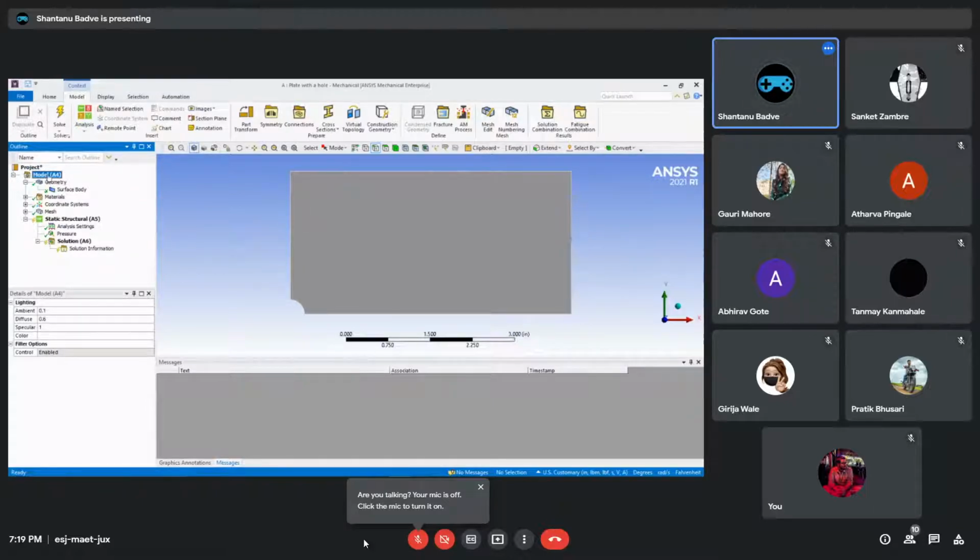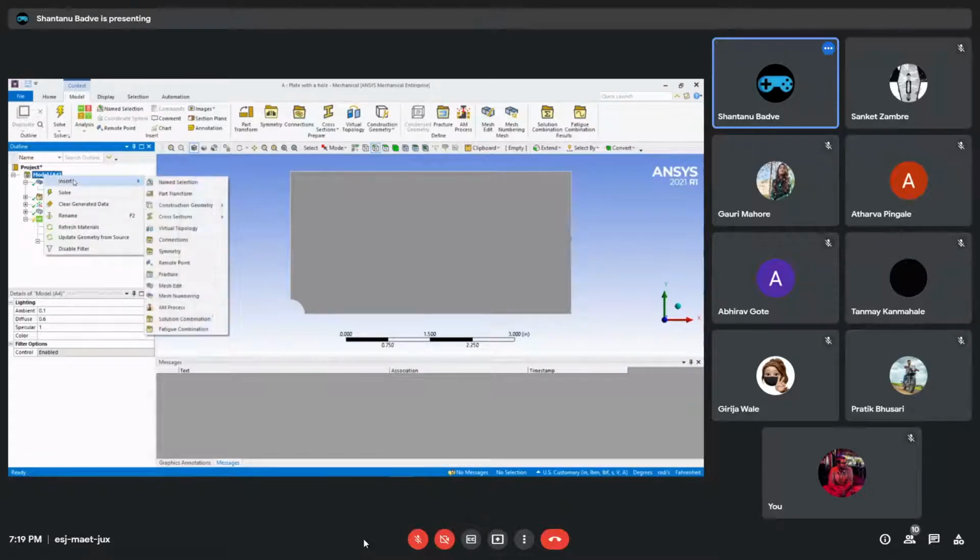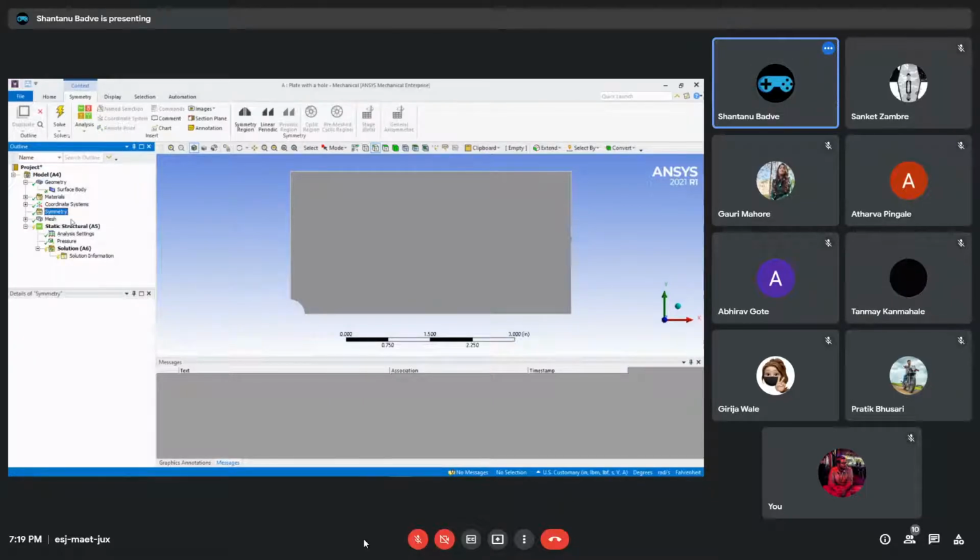Now that something we are going to add is known as a symmetry region. If I just click on model and I click on insert, then I can see that there is this symmetry option in it. And then we can just right click on it and insert a symmetry region. Now, what is a symmetry region? It is what you think it is. Basically, a symmetry region is just going to tell ANSYS that this is a part of the geometry, and this is the symmetry region. So on the other side of it, there is the other part of the geometry. You cannot see it. ANSYS knows it. That's all that matters.